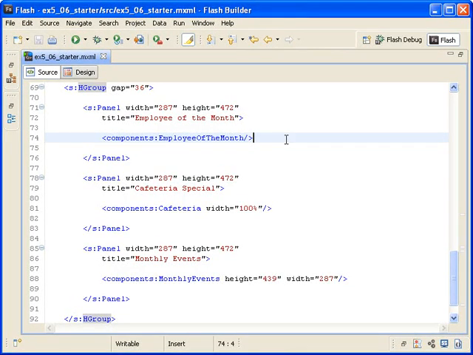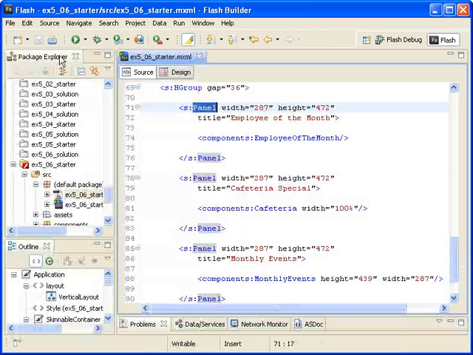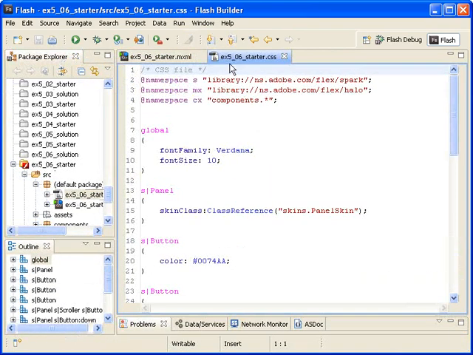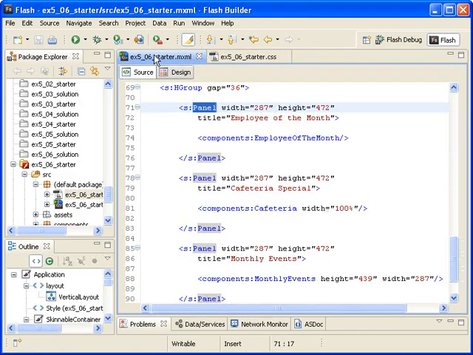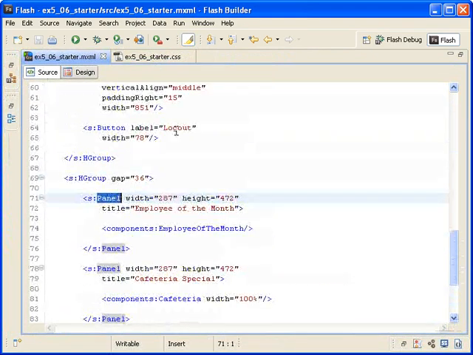This is the main application file for the employee portal site. Currently, each content custom component, the employee of the month, the cafeteria special, and the monthly events, is surrounded by an instance of the Flex Framework Spark panel container. Remember that the panel skin is applied via the panel selector in this CSS file. The CSS file is hooked up in the main application